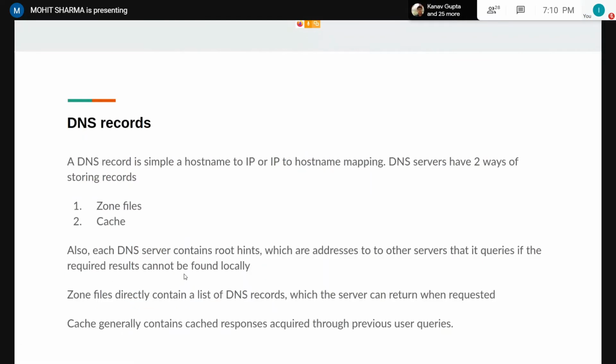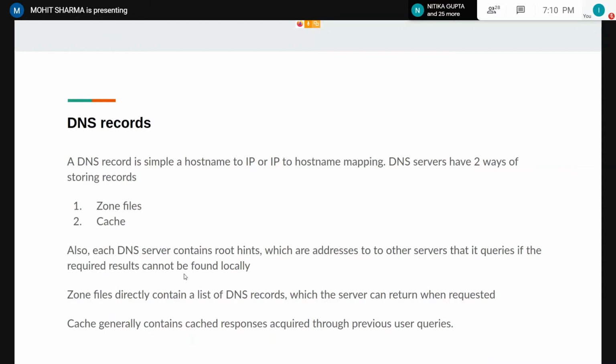To store the answers to your DNS queries, a particular format is used to store each hostname to IP mapping, and each of them is called a DNS record. DNS servers have two ways of storing these records, either in a zone file or in the cache. Zone files are loaded with some DNS records and return one if one of them is requested.